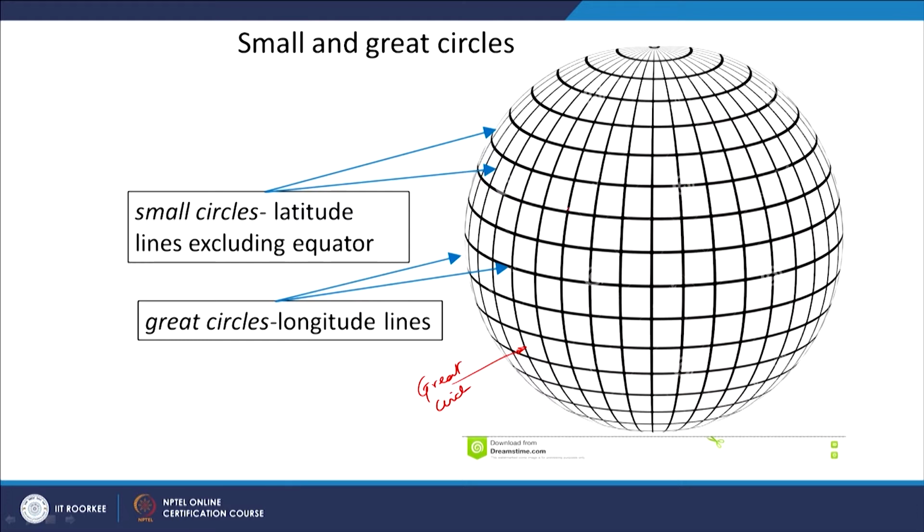Whereas all these latitudes are small circles; their center will be somewhere here, which does not match with the center of the sphere. Only one latitude has its center matching the center of the sphere, and that is what we call the equator.